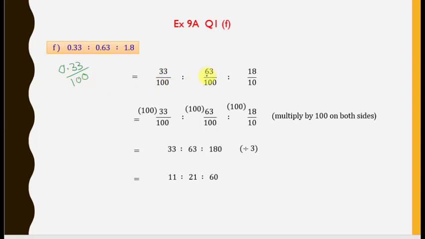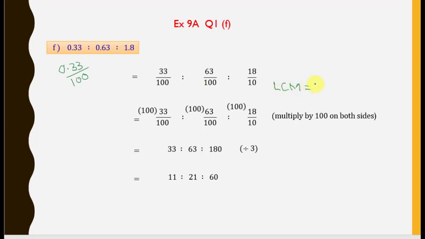In the same manner, you remove the decimal, place the 1, and since after the decimal there are two digits, you will write two zeros. So it is 63 over 100. Remove the decimal and you have 1, and since after the decimal it is one digit, I have put 1 0 over here. So all these are now in fractions, and look at the denominators of the ratios: 100, 100 and 10. You will take the LCM of all these values, and the LCM will be 100.